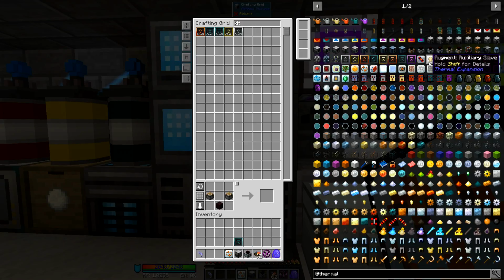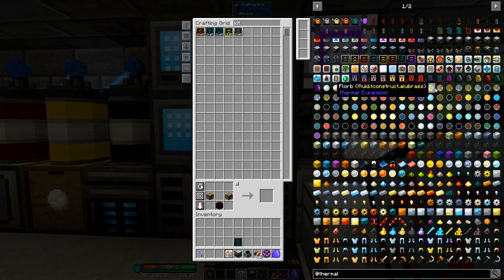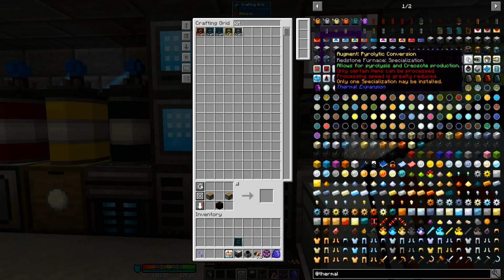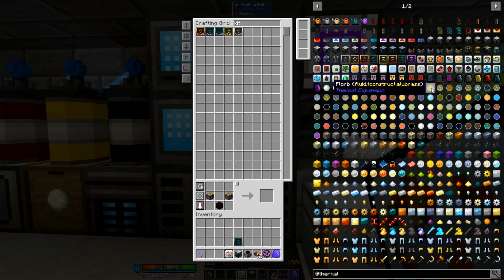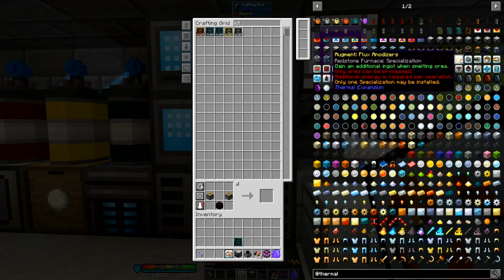So now I could either go with... How can I do this here? Increases maximum power usage. Can I make it more efficient, would be my question. Increases power generation. Binary coil, destroys excess, additional food. You can get...